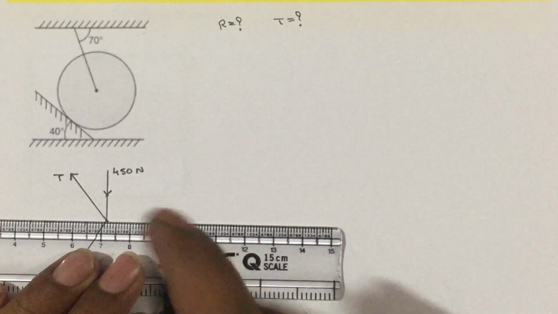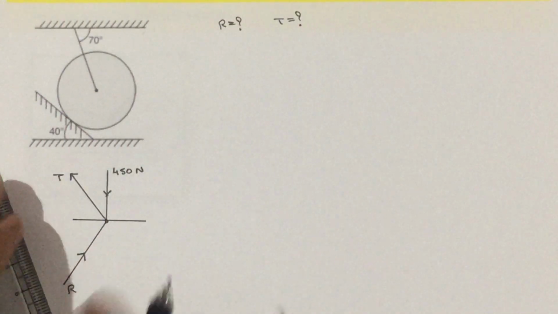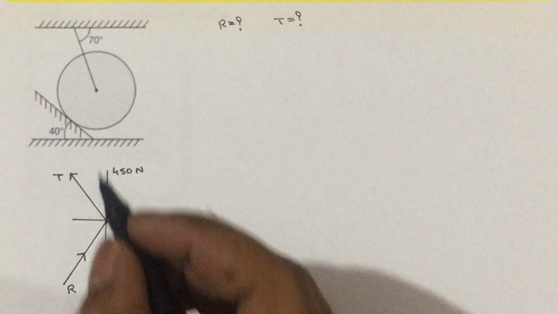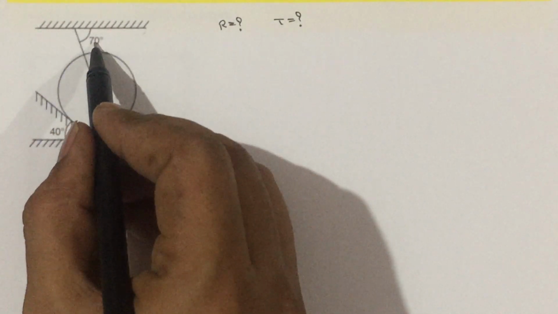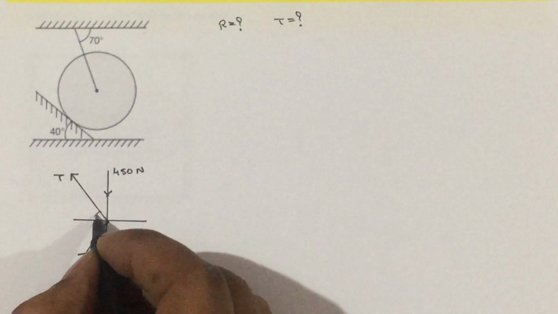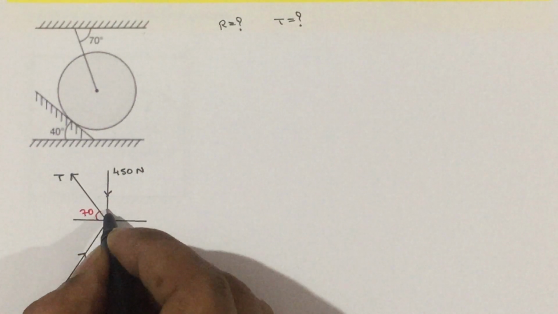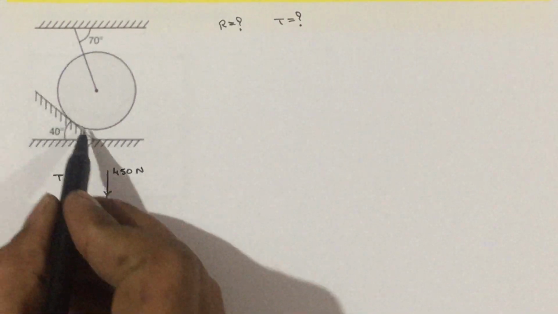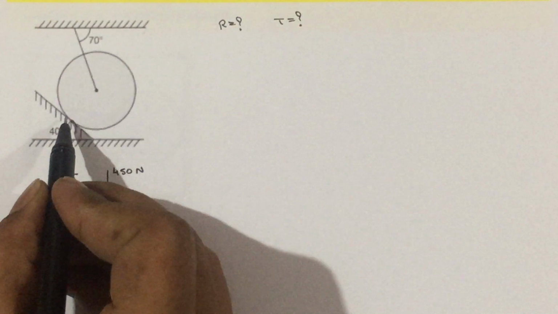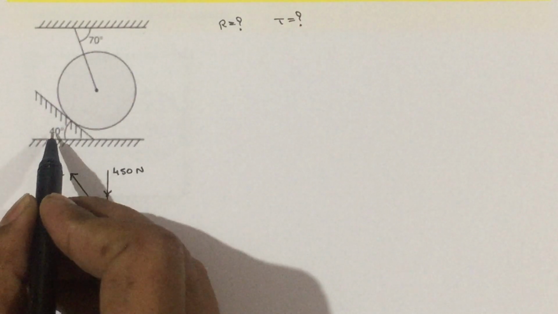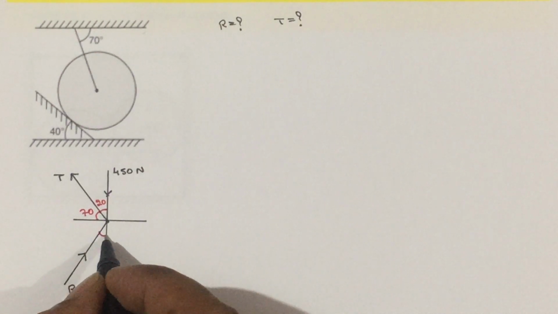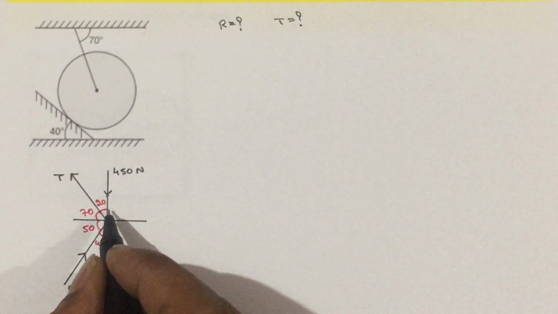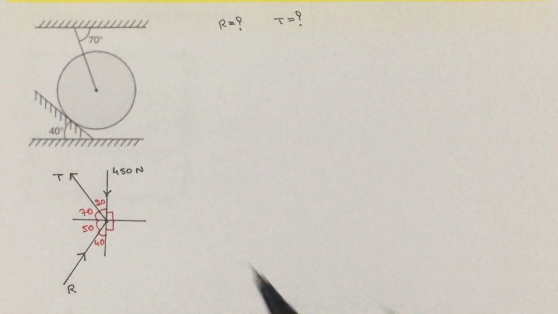Then to get the angle, draw a plus mark at the contact point. Here this line is making 70 with respect to horizontal. The same line will make the 70 with respect to horizontal. Then the remaining is 20. Okay, then reaction line. This line is making 40 with respect to horizontal, then the perpendicular line, that is the reaction line, will make the same 40 but with respect to vertical. So, remaining is 90 minus 40, that is 50. This is 90, this is 90.